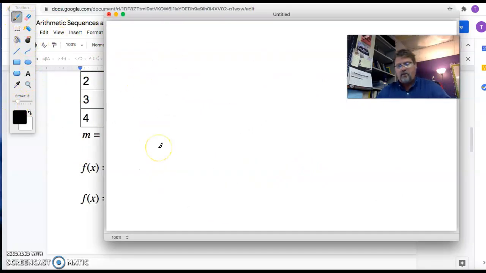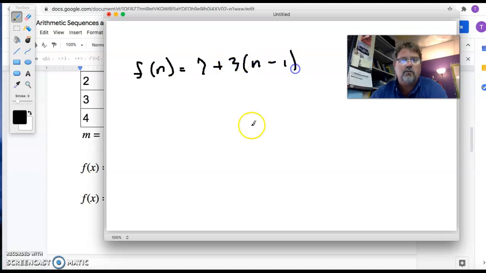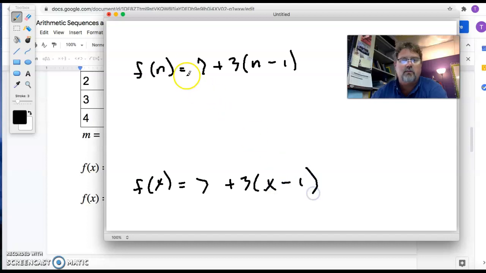Okay, so I have f of n equals 7 plus 3 times n minus 1. And the other one I have f of x equals 7 plus 3. And I'm not going to do both because they're exactly the same. But when you distribute that 3,